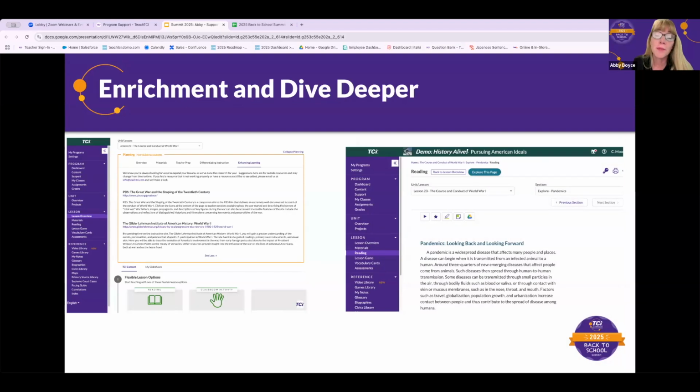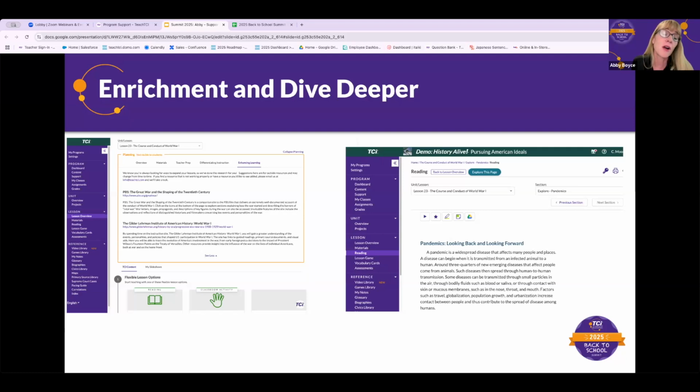Enrichment and dive deeper. I always refer to the advanced learners as the most forgotten group. And maybe that's not 100% true, but a lot of times, when you have students that are really struggling in your classroom, so much time is spent focusing on trying to support them, and then the kiddos that are doing great and get everything, the ones that barely have to study, they remember everything you said, they're just exemplary students. But sometimes they really need to also be challenged, and part of the differentiation is supporting those students as well. And so we give you tools that are built in.